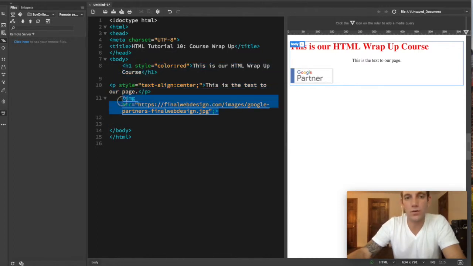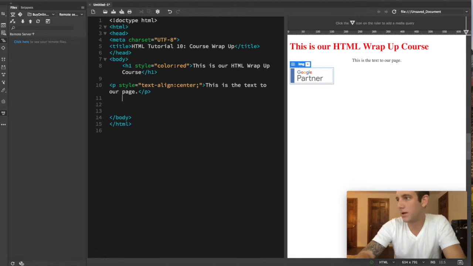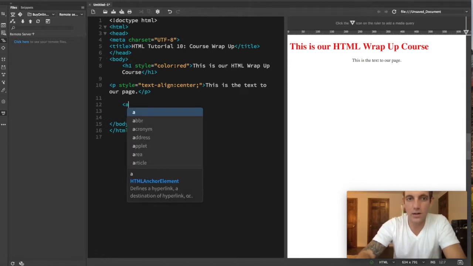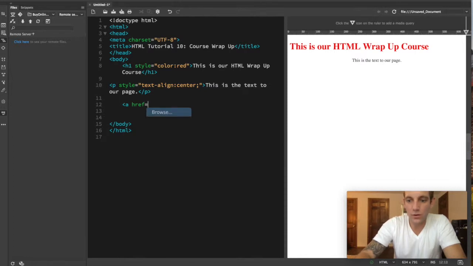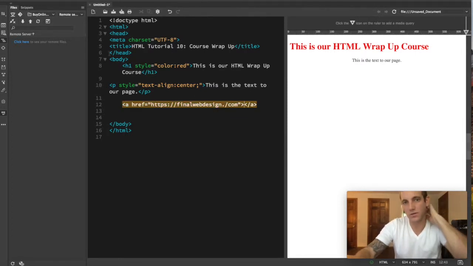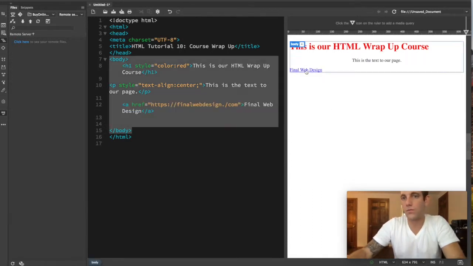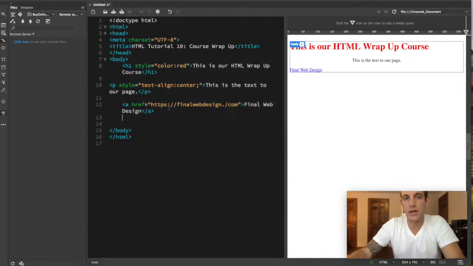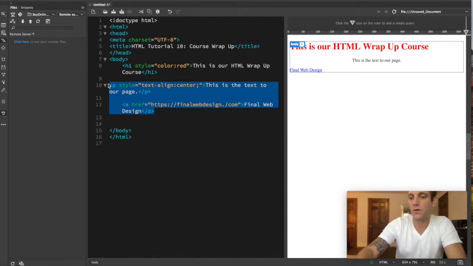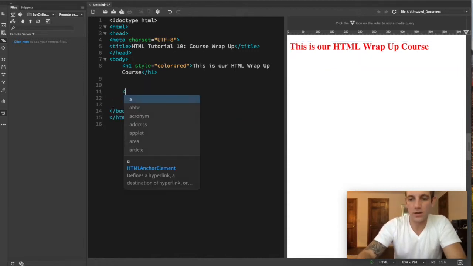Let's go to talking about the href. So A for anchor, href equals, and then we have our link. This is basically to link documents, and there's our link going to our page. So that's the href, and then we also had ordered